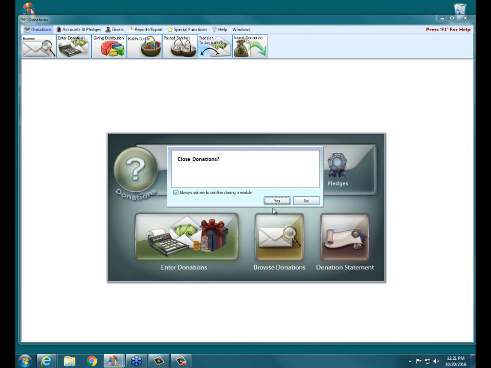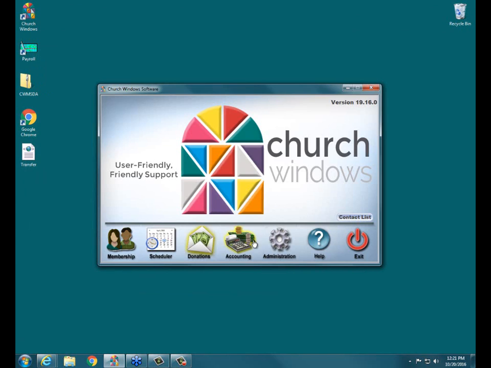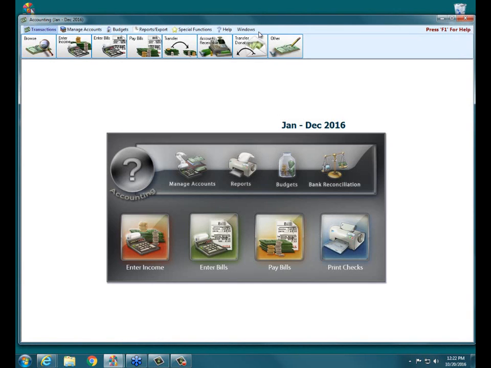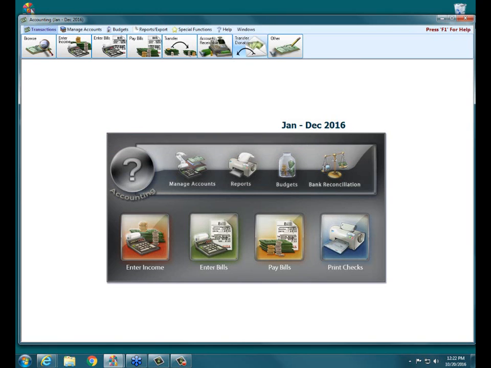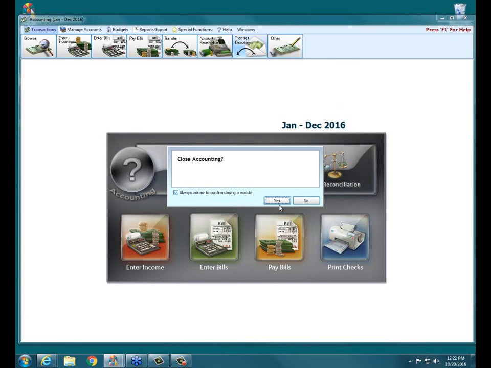whomever you give this to, say a person who does accounting, they can come right into accounting and come in here to transfer donations. And they can then, oops, I'm missing my button. I need to look at this. But they would then have a button right here. I'm going to let the programmers know about this. But then right here, you would be able to then import that into wherever the accounting is that you're using. Okay, this doesn't apply to a lot of people, but it's in the workbook and I wanted to point